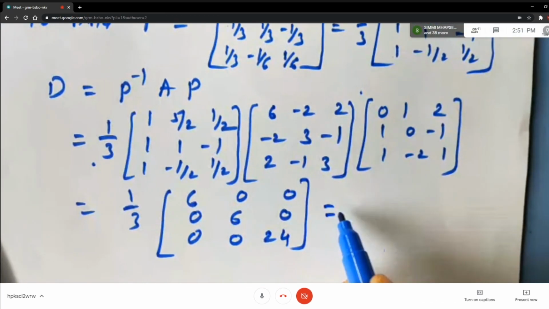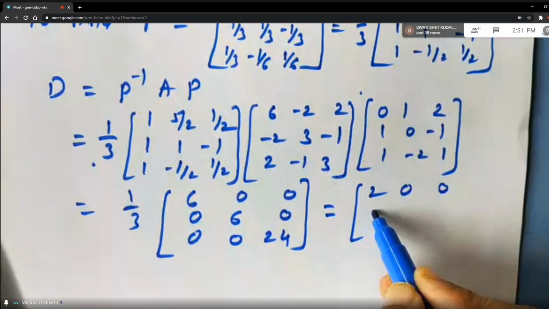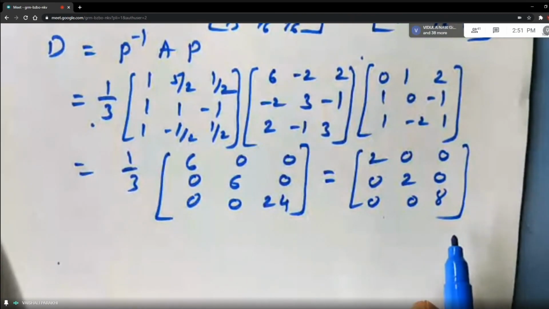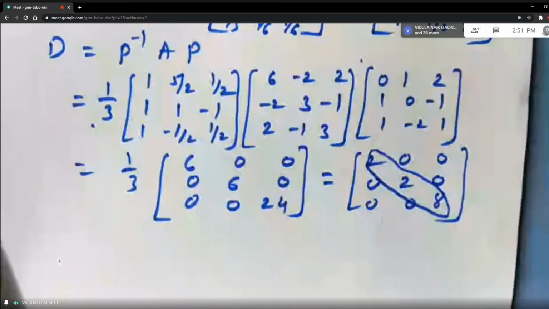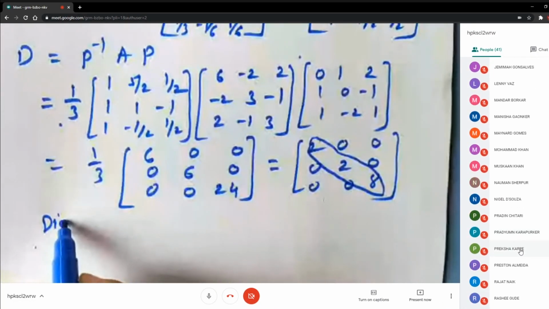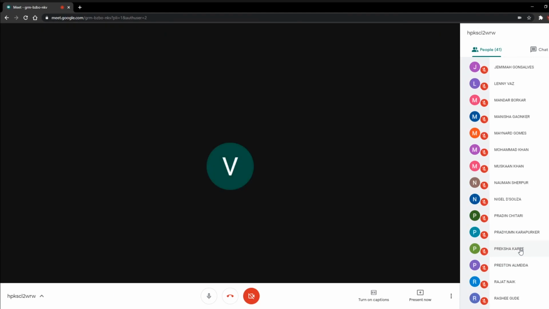Then I'll divide every number by 3, which is outside. So it is 2, 0, 0, 0, 2, 0, 0, 0, 8. Correct? If you observe this matrix, students, the diagonal elements are nothing but your eigenvalues, right? Diagonal elements are